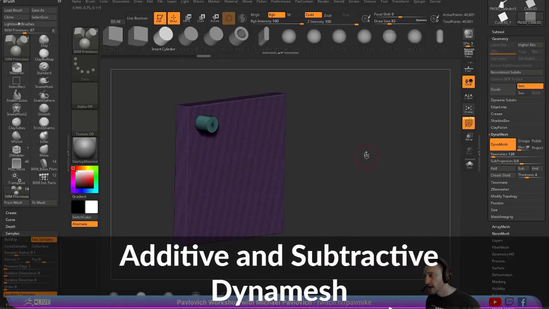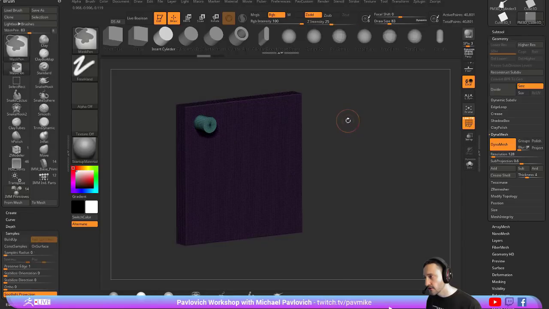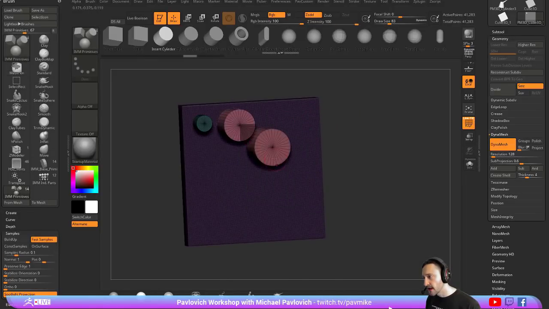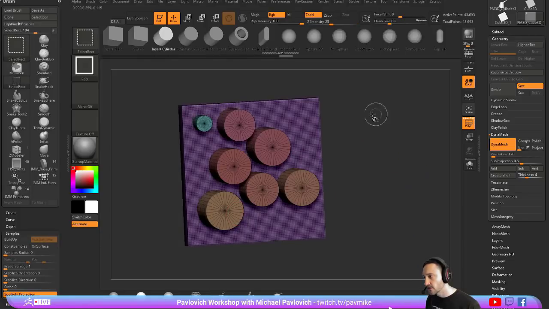If I control drag again, that's going to be an additive Dynamesh. If I undo that, and we just have this one sitting here, since it's its own polygroup, every time I drag out, it gives it a different polygroup here. So if I control drag to unmask and then hold down control shift, I can isolate any one of these